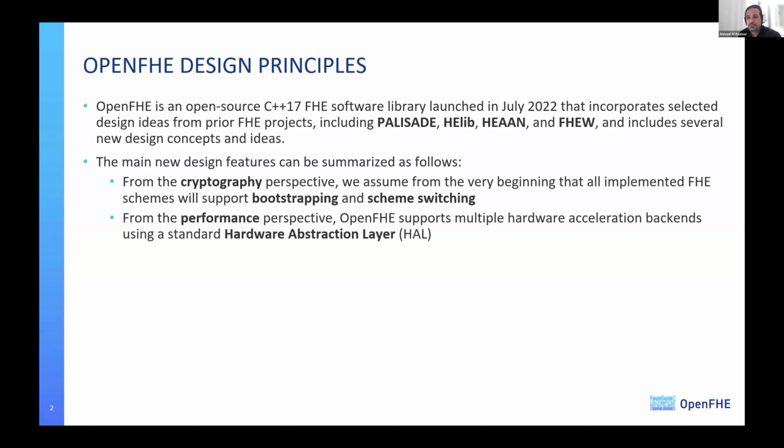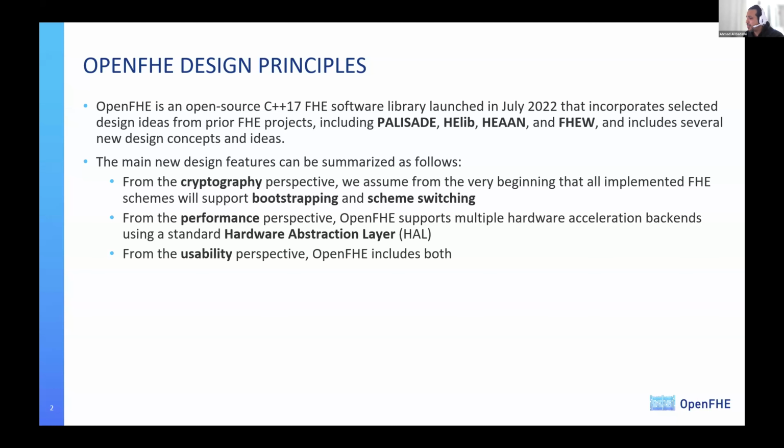And from the performance perspective, even though in the previous presentation FHE looked to be very fast, for generic computation it can be a bit slow. In order to circumvent this challenge, we believe the best approach is through hardware acceleration. OpenFHE includes what is known as a hardware abstraction layer that facilitates offloading some of the heavy FHE computations to different hardware: GPUs, FPGAs, ASICs, and so on.